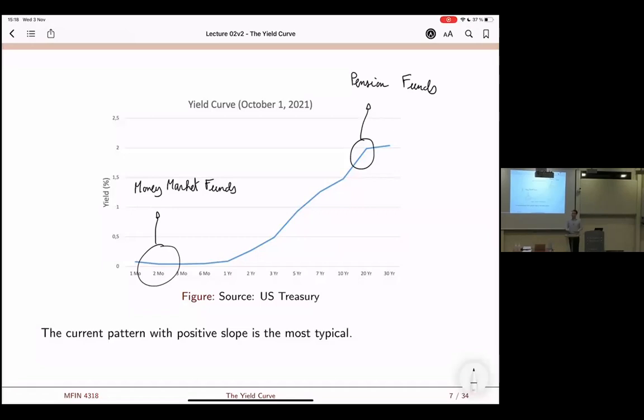But for now, just think about it: I have long-term liabilities, I tend to have long-term assets. So segmentation tells you that you have different players at different ends of the yield curve. And basically what determines the rate is supply and demand, right? If there's a lot of supply of long-term government bonds and not a lot of demand from pension funds, the price will be low